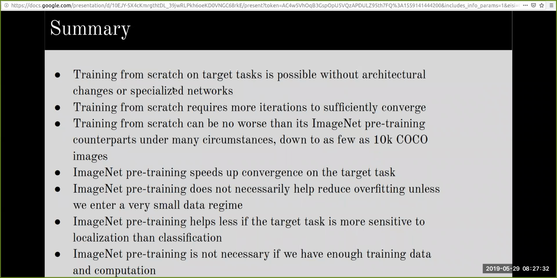So when we go with training from scratch, we just have to supplement that by training the model for more iterations. When we do that, we can get results which are very comparable and close to that of the fine-tuned models.